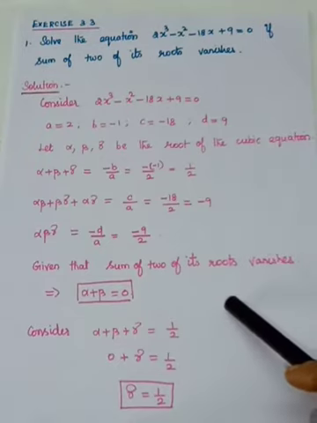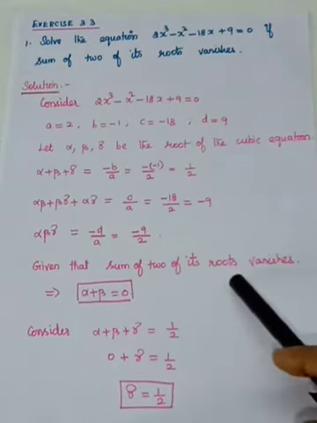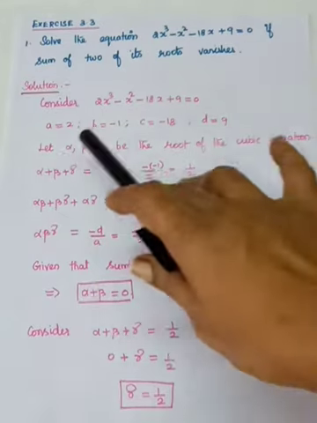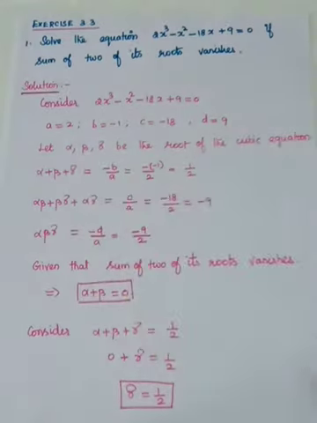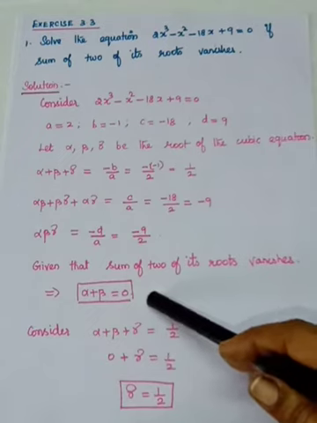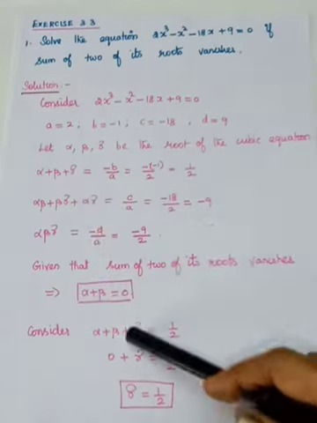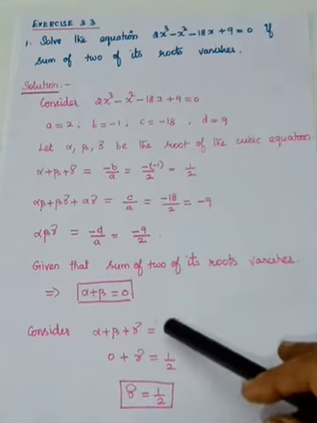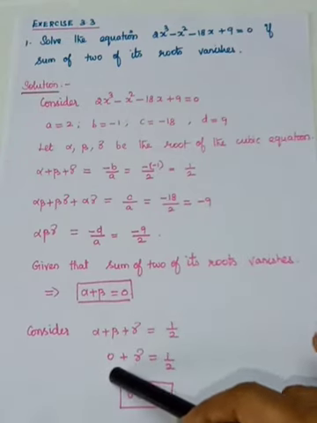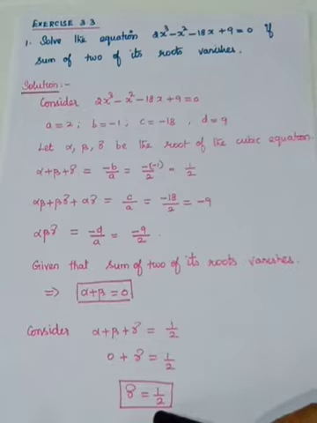So what is given is that the sum of two of its roots vanishes. Here we will have three roots, but we will consider two roots only. So alpha and beta, if you add, is equal to 0, it is given. You take the first result: alpha plus beta plus gamma is equal to 1 by 2. On that you substitute alpha plus beta as 0, the given condition. So we have found one root, gamma is equal to 1 by 2.